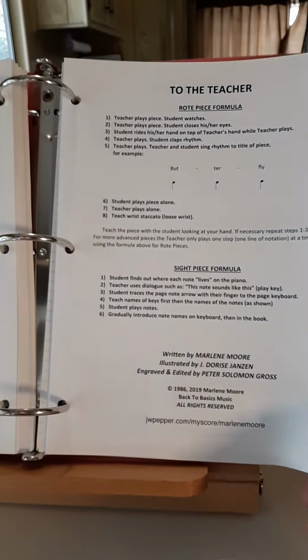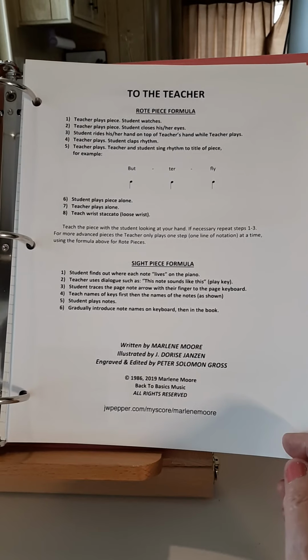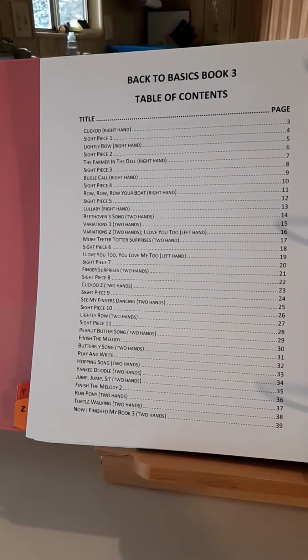Okay. Your first page is to the teacher, dealing with the rote piece formula. You can read that when you get the book. It's quite lengthy. And the sight piece formula. You can do it your own way, but those are good suggestions. Followed by the table of contents,